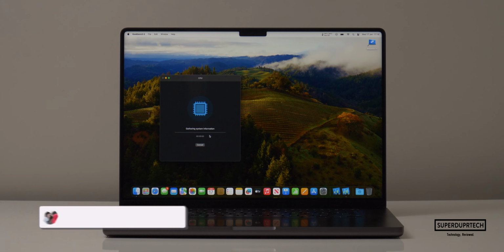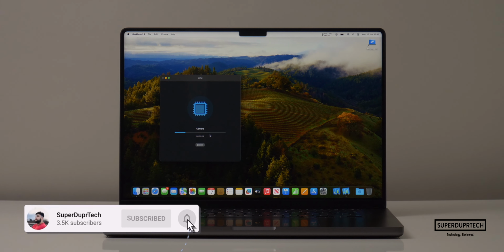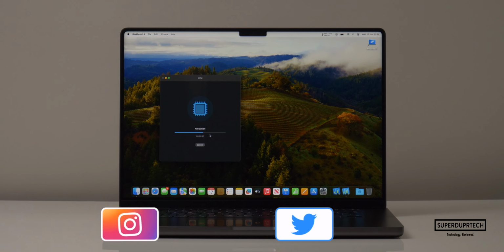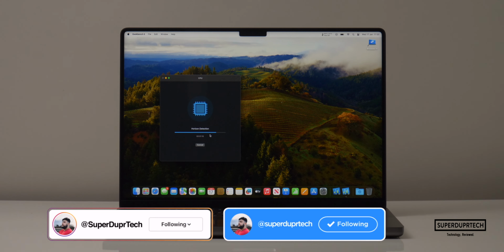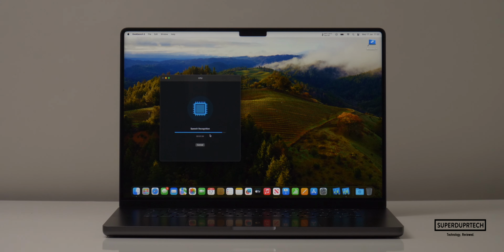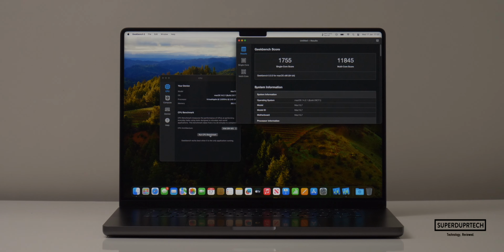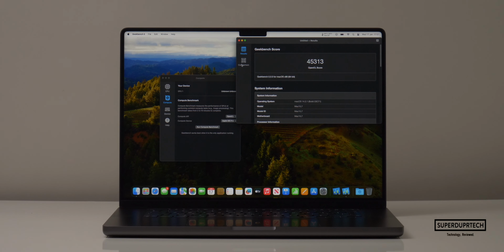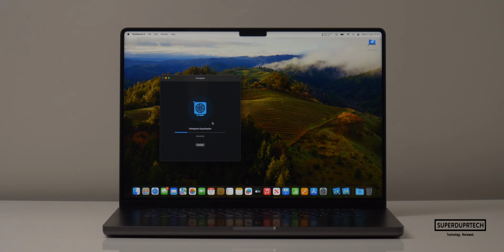149,905. I then ran GeekBench 5, which is once again a slightly older version of GeekBench, but it's once again to see how this MacBook Pro compares to other machines. So when running the CPU test through GeekBench 5, I got a single core score of 1,755 with a multi-core score of 11,845. And when it comes to running the OpenGL compute test through GeekBench 5, I got a score of 45,313. However, when it comes to running the Metal compute test through GeekBench 5, I got a score of